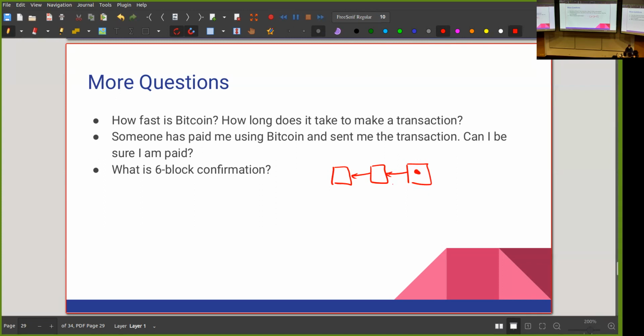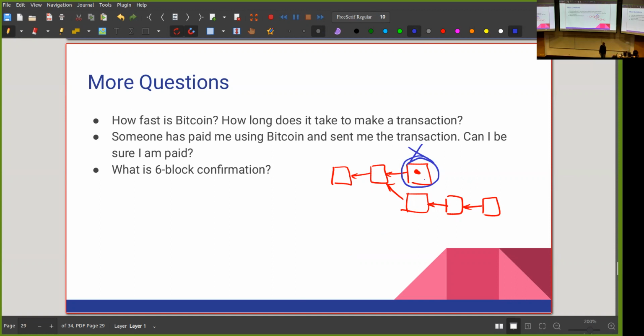But maybe later on, a fork happens, and someone else creates another block here. And then maybe that fork becomes longer. So we had this rule that the longest chain is always the consensus chain. So it might be that someone keeps adding like this. And so basically all the transactions in this part, in this block, get completely ignored because they're no longer in the consensus chain.